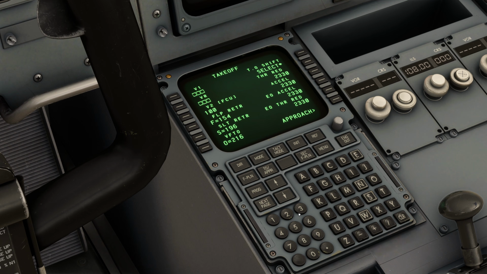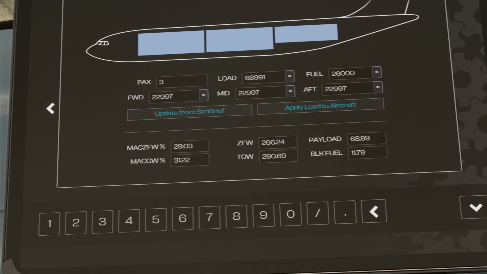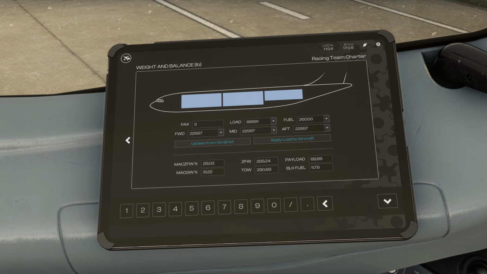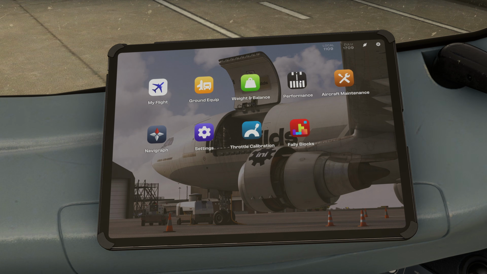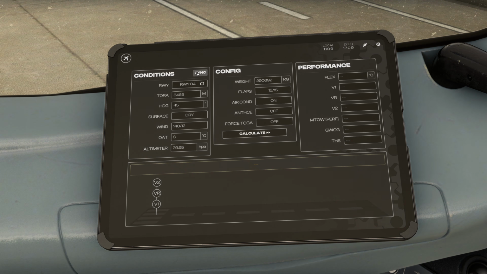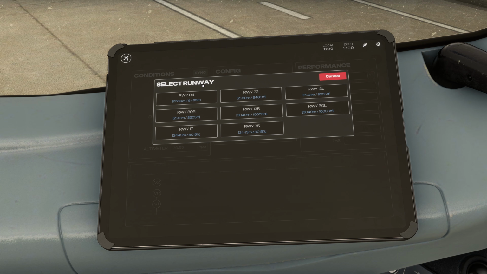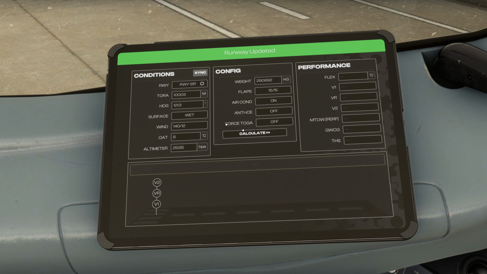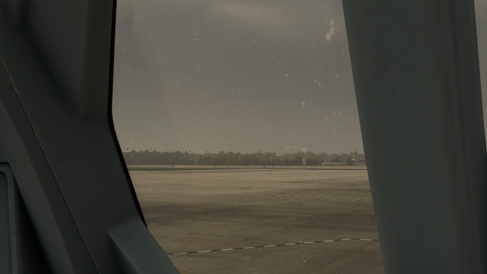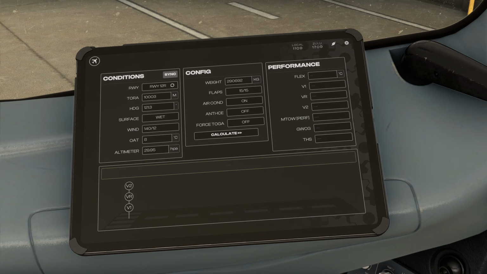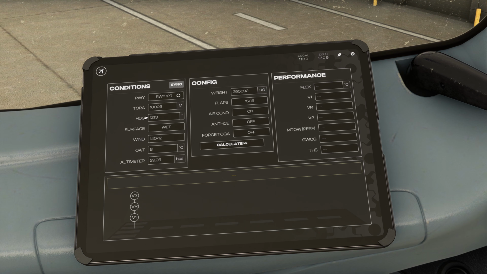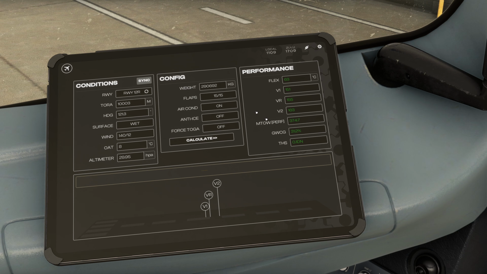Now this is where we are going to enter our takeoff information. So now we got to go to our electronic flight pack, onto the performance tab, and on here by hitting synchronize we can load up the latest weather, and we're going to select our departure runway, which is going to be runway 12 right. I will take a wet surface because looking at this, it looks like there is moisture in the air, so the thing might just about be damp. And then we've got all the lovely stuff up here. Hit calculate, and